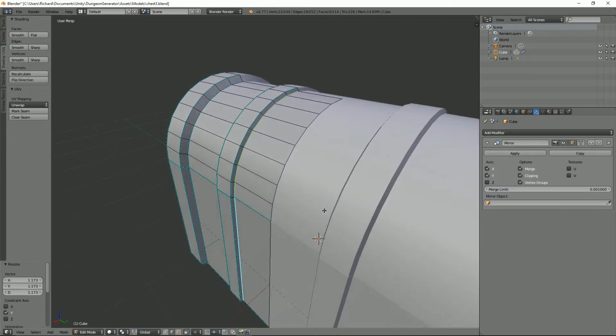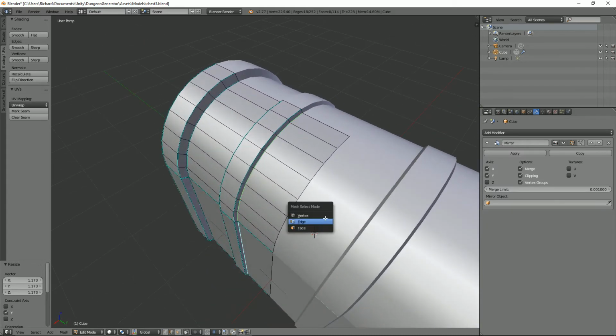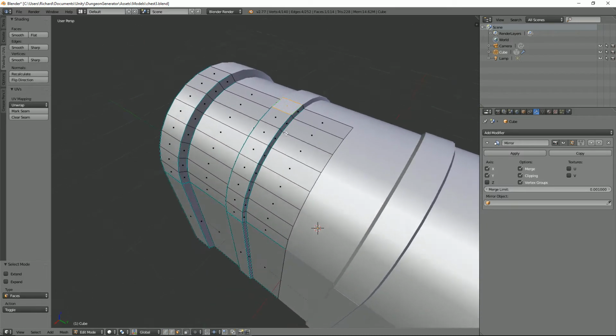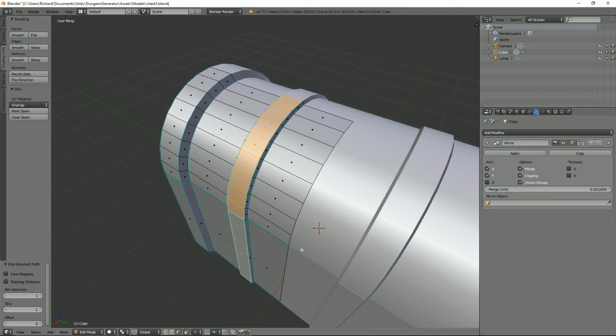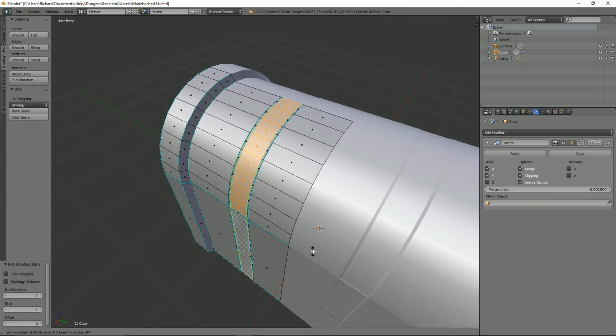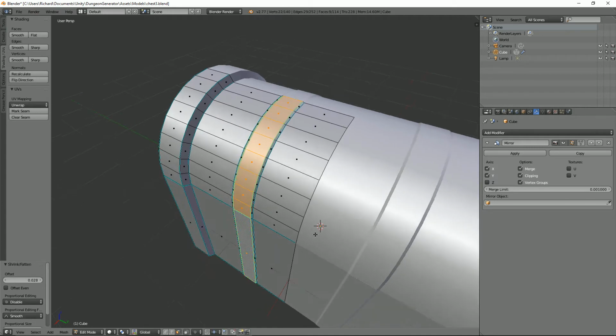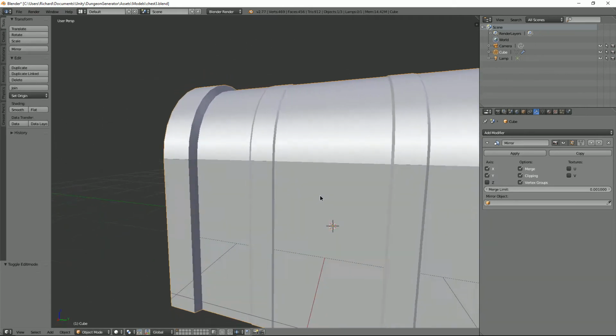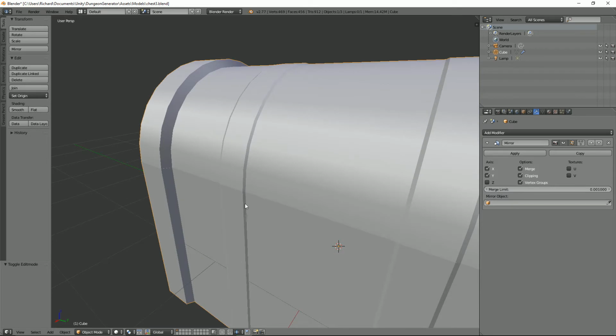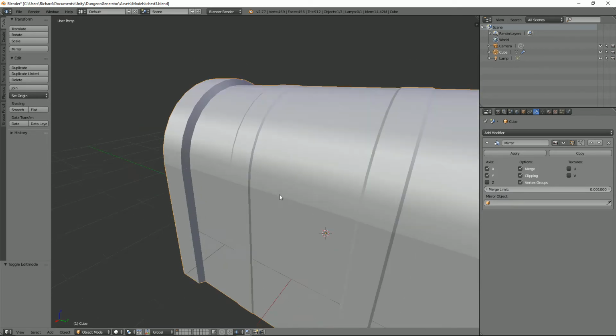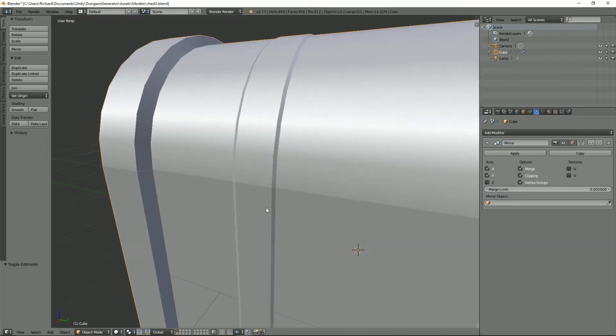I've realised now that leather strap is much too big, so let's just fix that. We can do that, control that, and then that. Alt S. That's too small, just make it very tiny. How tiny can we go? How about that? That's better. But there's a slight problem, and that is that I would like this leather strap to fold over the top. So we're going to do that by